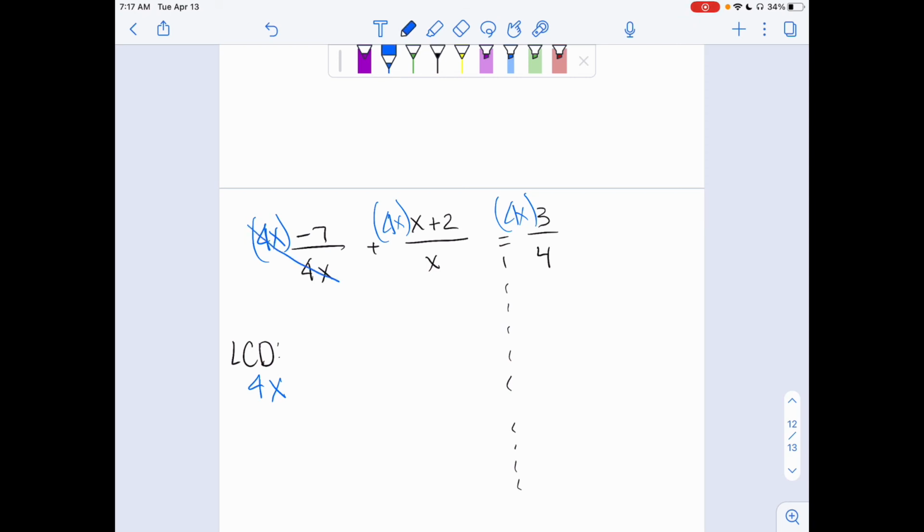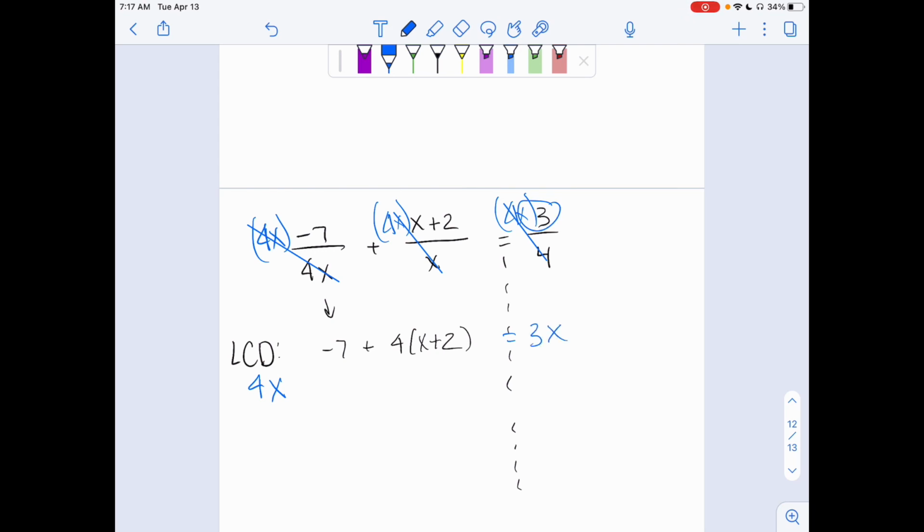4x divided by 4x is 1. So all that's left over is for me to just bring down that negative 7. 4x divided by x is just a 4. So all I get to bring down from this is 4 times x plus 2. I'm bringing down what's left over. 4 divided by 4 is 1. That goes away, so I'm just left with